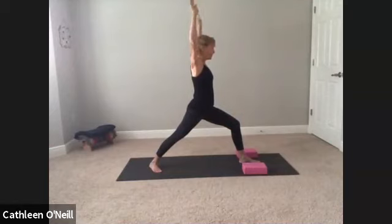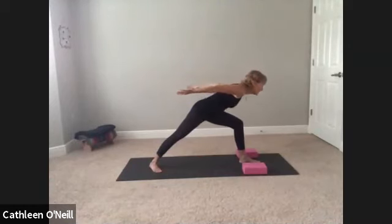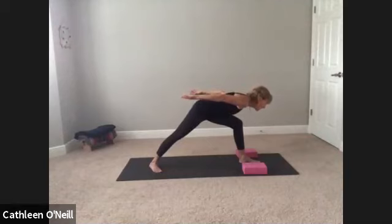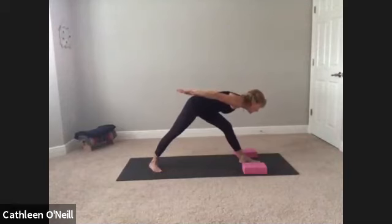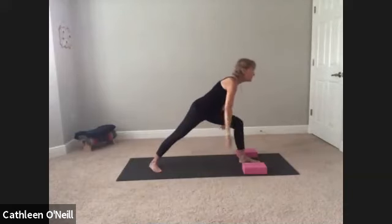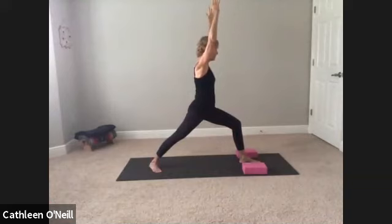Now exhale, draw those arms back, come forward with your chest and keep your arms back, or you bring your hands to your blocks like I had them, and then we straighten the front leg a little. And we breathe into that stretch. We inhale, we bend the front knee, we come back up to warrior one. We exhale, we take those arms back,